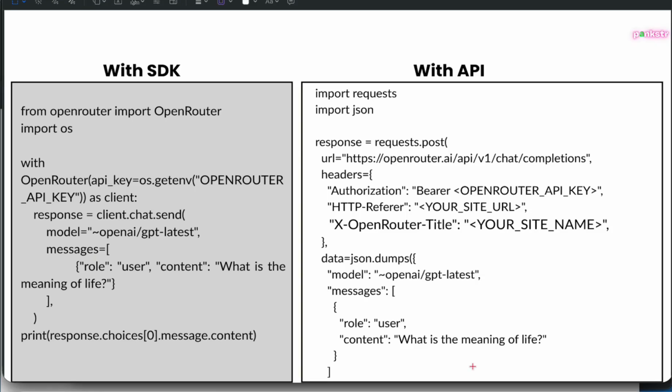OpenRouter has an SDK. I deliberately did not use it for GrowthMap, which is my first app that I'm building on my journey to be an AI engineer from senior product manager. And I didn't use the SDK, which you can see on the left hand side here, because I didn't fully understand it and I didn't know what it did for me, and I wanted to do it instead the hard